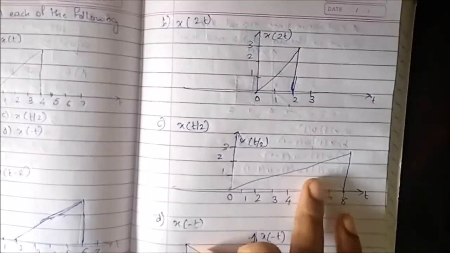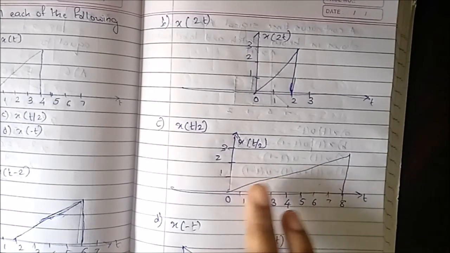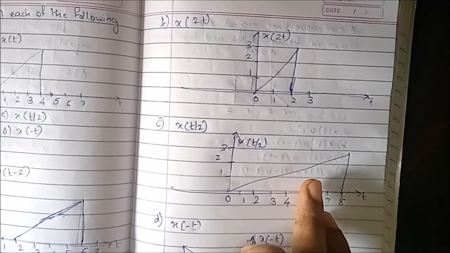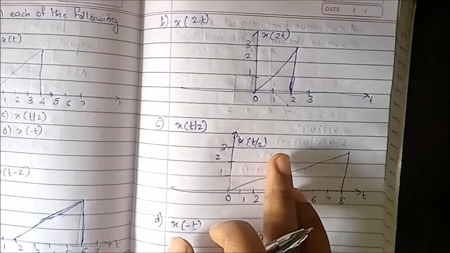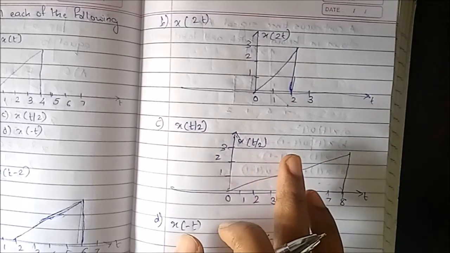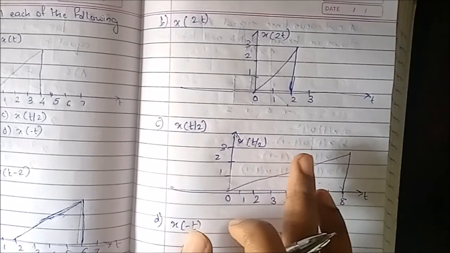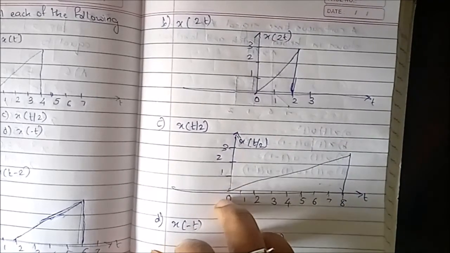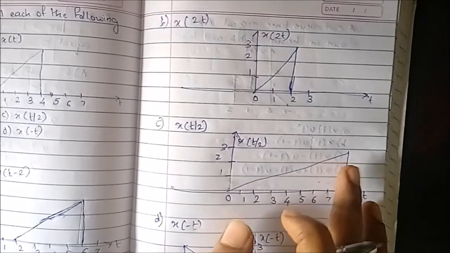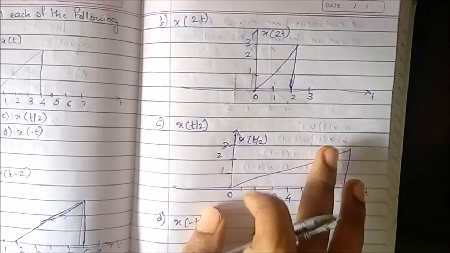So this is also some kind of ramp signal or a signal made using ramp signals. And here you might have confusion about the slope, but we have seen an easy way to find the resultant signal without knowing the exact slope. We can directly find the beginning point's amplitude and the ending point's amplitude, and join both. So you don't need to know the exact slope for such examples.